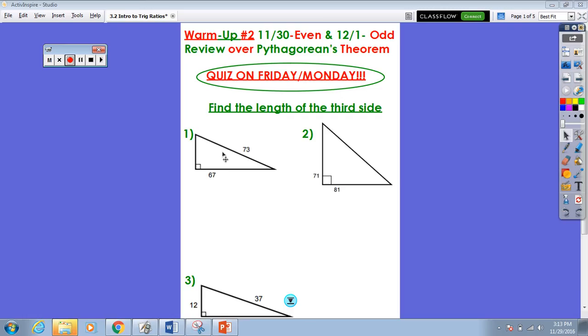Okay, good morning. This is your warm-up number 2 over Pythagorean's Theorem. I hope that you guys found this to be an easy lesson the first time. This is one of the most important things that you're going to be able to use on your CDA. So remember, you have to know two sides in order to find the third side, and you must be dealing